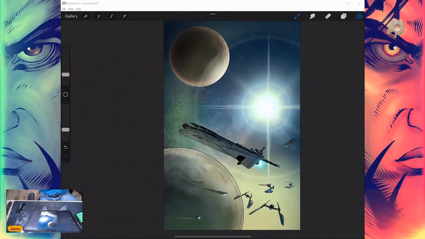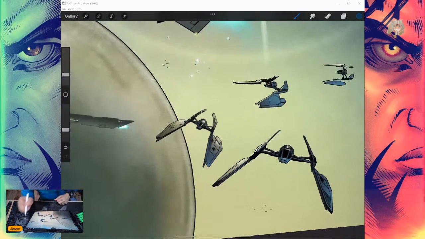Well, what's left to do here? I guess just some engine plumes for the